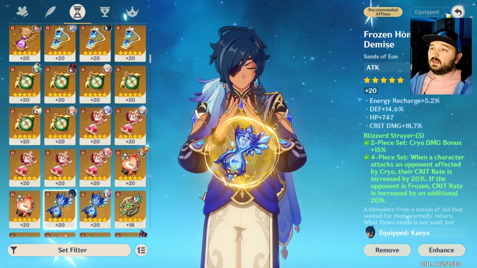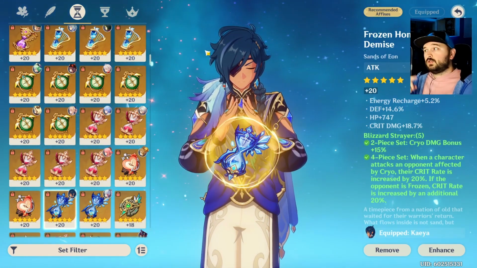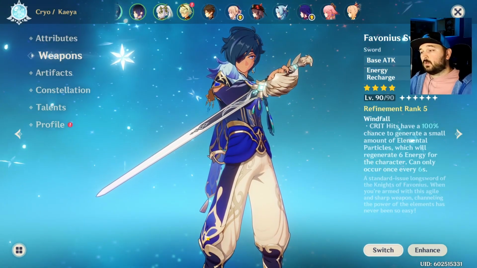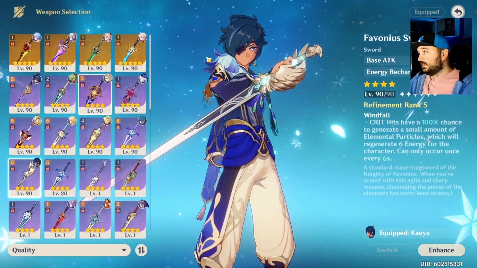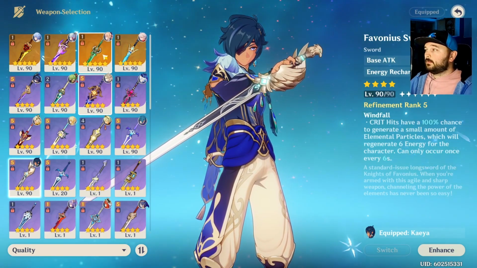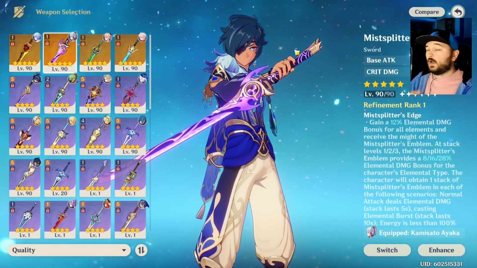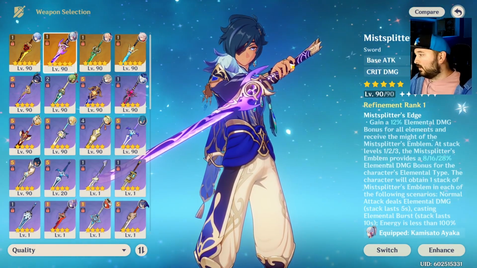And if you have a Favonius, depending on how high your crit rate is, you can do a crit rate or crit damage helmet. For me, using Favonius works out really well. But if I wanted to have him do a lot more damage and I wasn't using Jean for a comp, I switch him over to Primordial Jade Cutter or the Mist Splitter. Now, I have been playing for a long time, so I have all these 5 stars. If you don't have all these 5 stars,